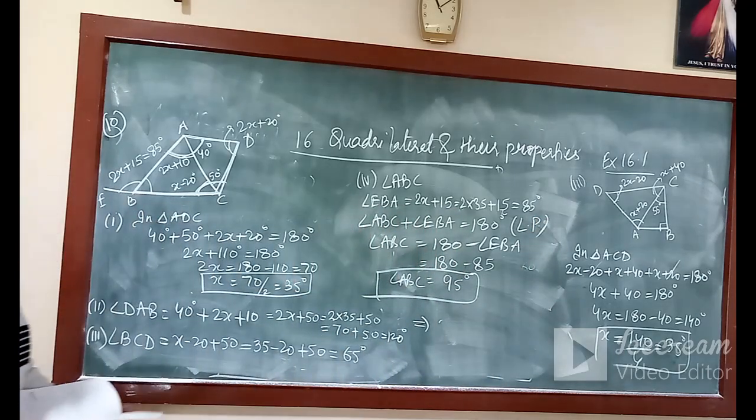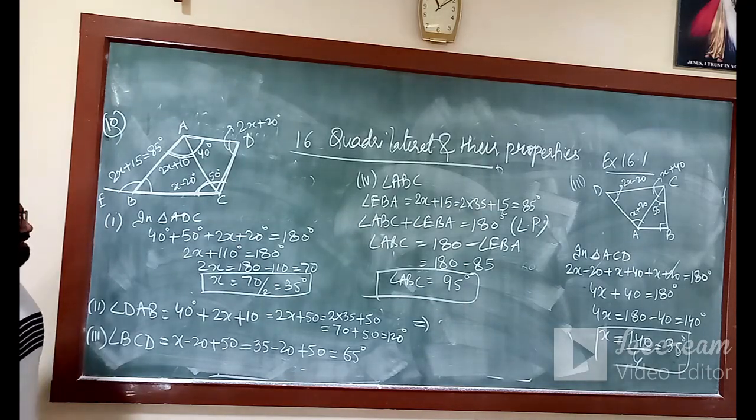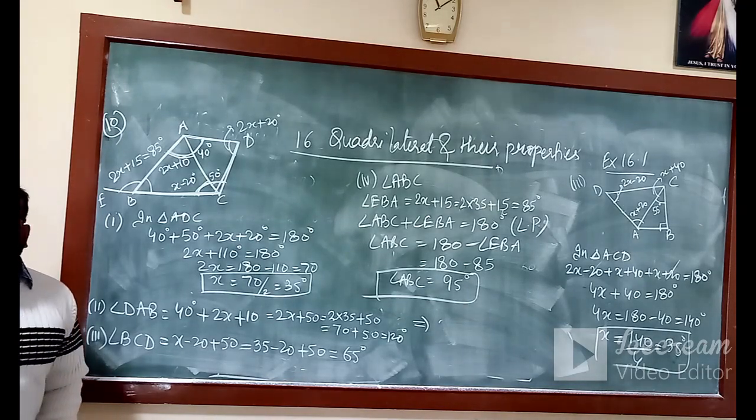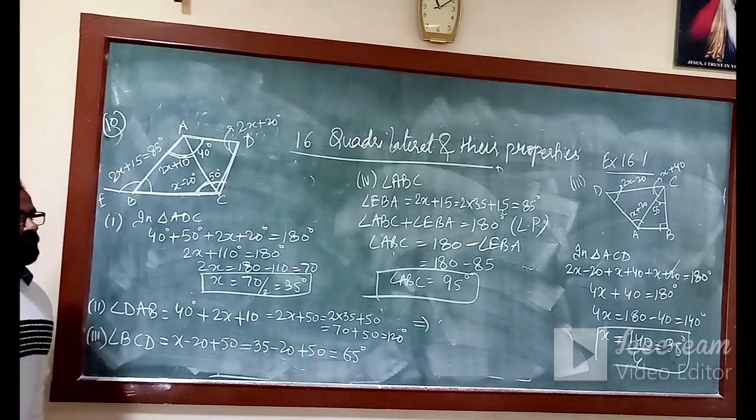So like this we can use the concepts of angle sum property of the quadrilaterals as well as the few earlier concepts that we have learned in the previous classes, that is linear pair and angle sum property of the triangle. With the help of this you can solve these type of figure problems of the quadrilateral.